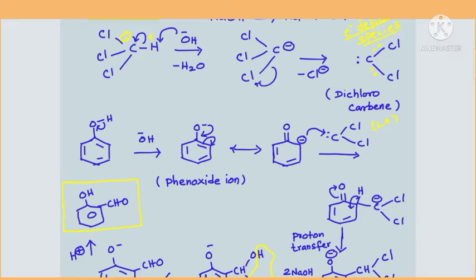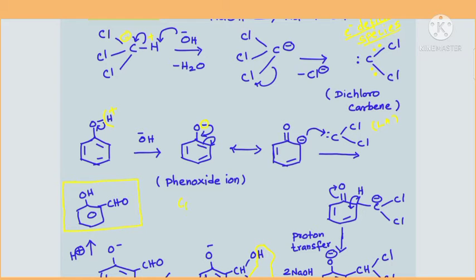So this is nothing but the phenol I have written. In the presence of a base, OH minus ion, this hydrogen will be removed as a proton. By the time, the bond pair between oxygen and hydrogen will move to the oxygen, so that oxygen will get a minus charge. Oxygen will become electron rich. So now this is a benzene ring with a single bond to O minus, which is called the phenoxide ion. Actually, this is a phenyl group, with oxygen carrying a negative charge. So, phenoxide anion.